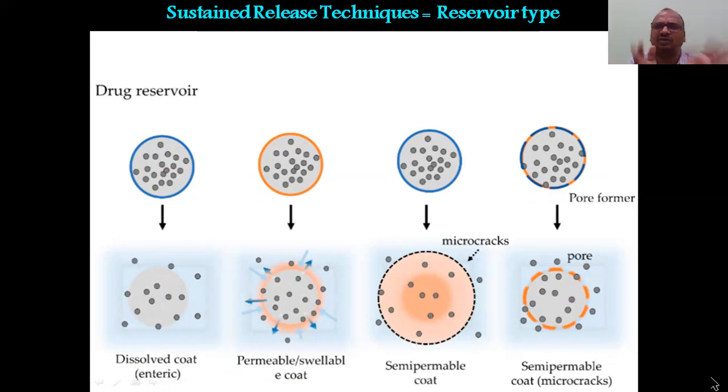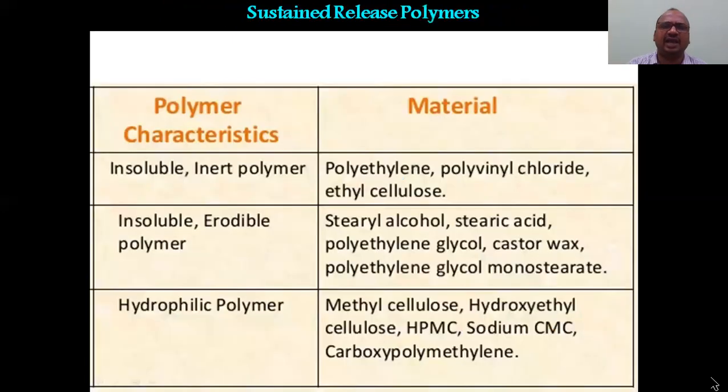There are a number of techniques. Here I am showing only a few for your idea. Less half-life, sustained release. Less solubility, improve solubility. Less permeability, improve the permeability. Bad taste, taste masking, you mask the bitter taste. You can improve like that; as per the need, you have to go. These are the number of sustained release polymers: insoluble inert polymers, erodible polymers, hydrophilic polymers. These are the polymers you can use for sustained release formulation for drugs having a short biological half-life.